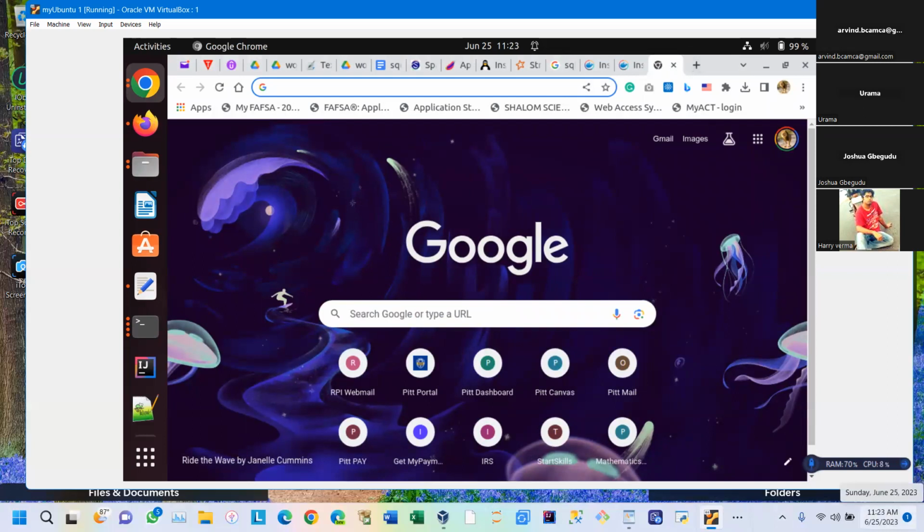So I'm telling you the GitHub URL. From there, we can download the